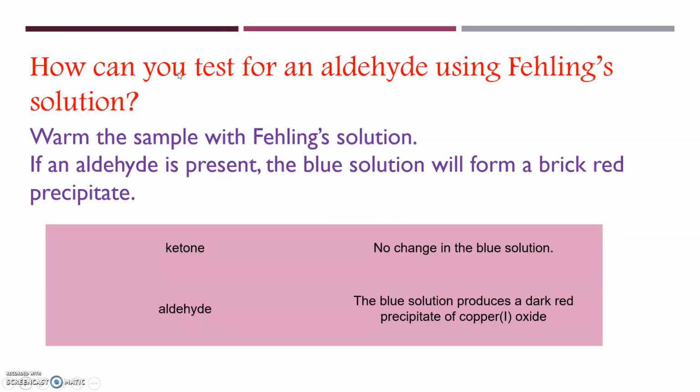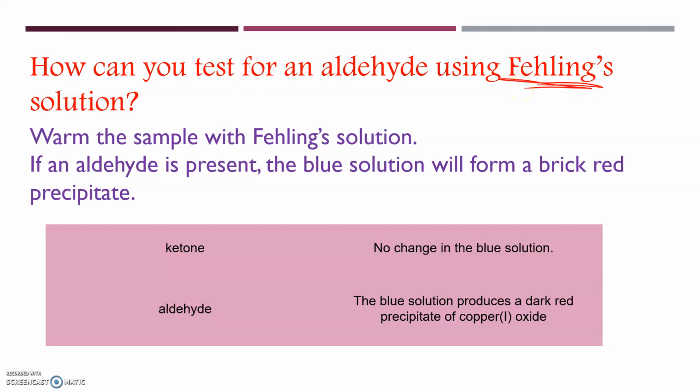How can you differentiate between aldehydes and ketones? You can differentiate between them using two substances or reagents. These reagents are called Fehling's and Tollens'. Each one of them changes color when it reacts with aldehydes or ketones. Remember we said that aldehydes can be oxidized because they have one hydrogen. So using the Fehling solution,